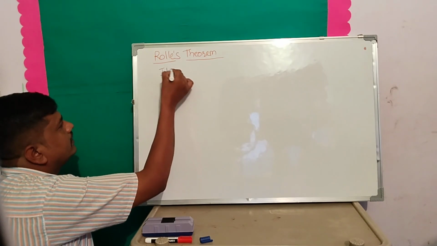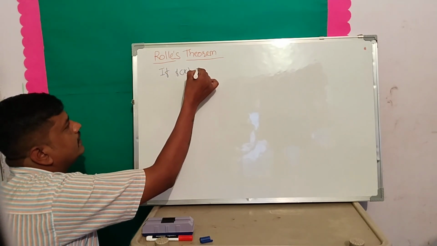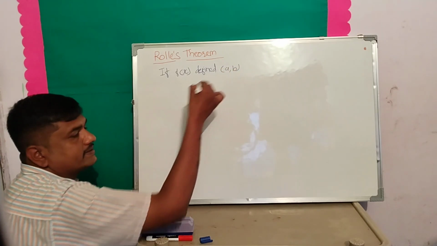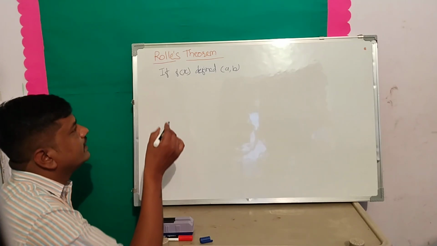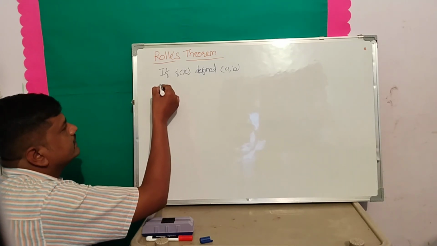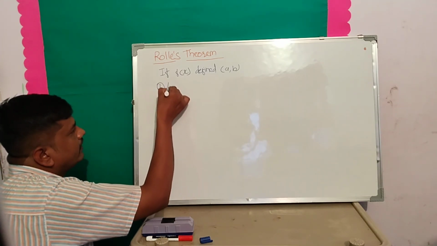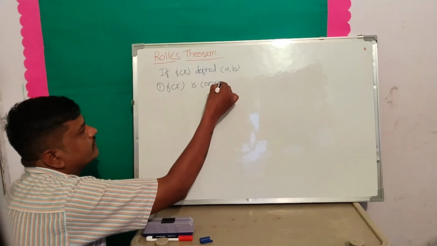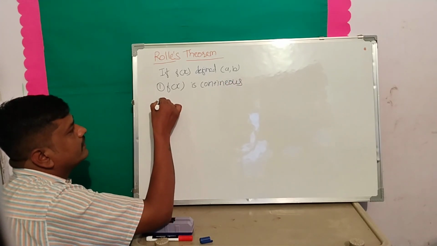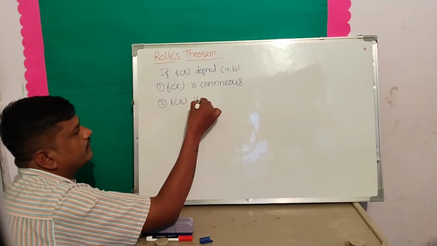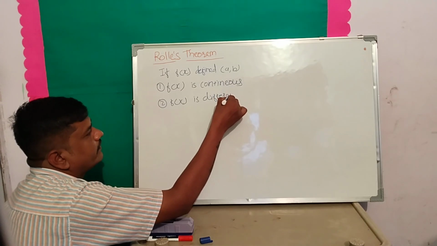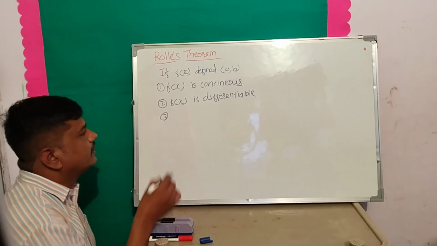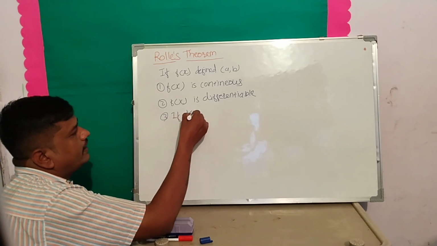if there is a function f of x defined within an interval a comma b, if it is the case, and along with this few more conditions are there, and if it satisfies these three conditions, like first condition is if f of x is a continuous function, then secondly, if the same f of x is a differentiable function, and also there is a third condition in the Rolle's theorem, that if f of a is equal to f